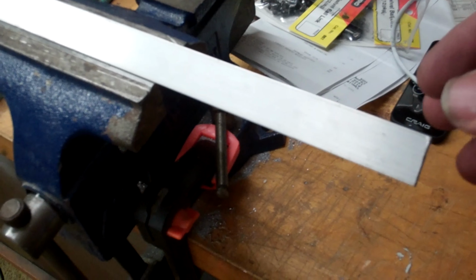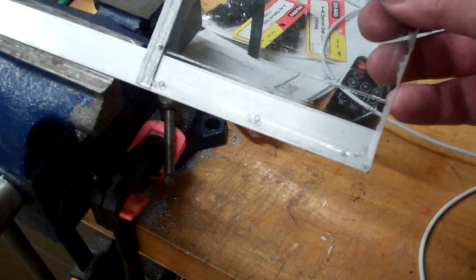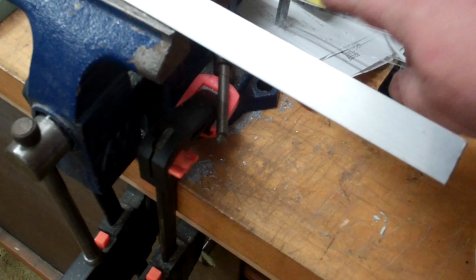Okay, so how we're going to make the compression pieces that go on the slider, we're going to use this angle iron right here. We're going to measure the canopy on it, mark it off, and cut it to the exact length of the Texan area. And then we're going to take the Dremel and slice off this part so that there's just a piece sticking out here,